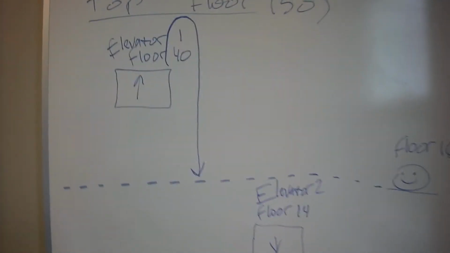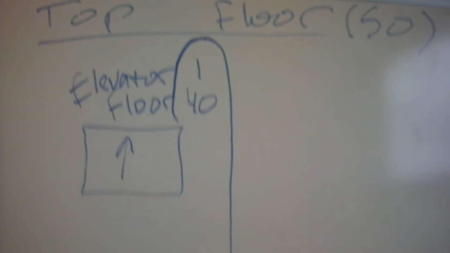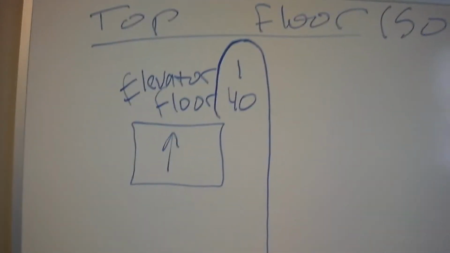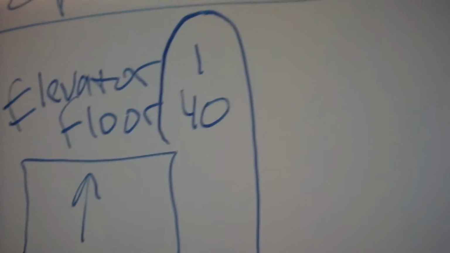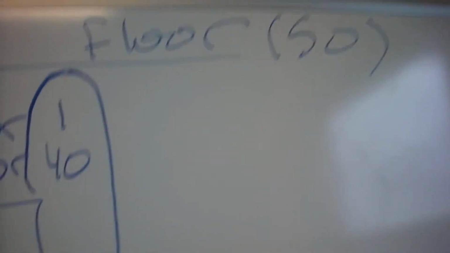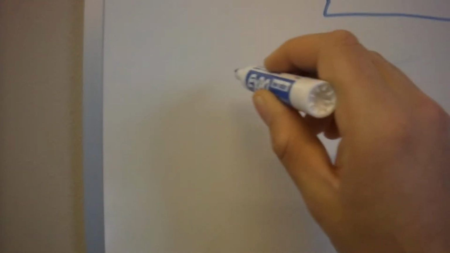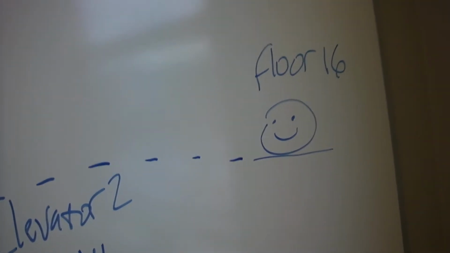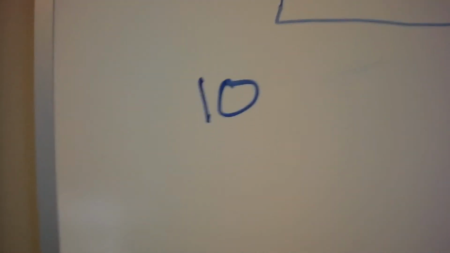as shown. So now what we'll do is we'll calculate exactly how many floors it'll have to travel to reach the customer floor. So first, since it's on floor 40 and the top floor is floor 50, it'll have to travel 10 floors up to floor 50, so that's 10 floors up. And then down to the customer floor from floor 50. So that'll be 10 floors up